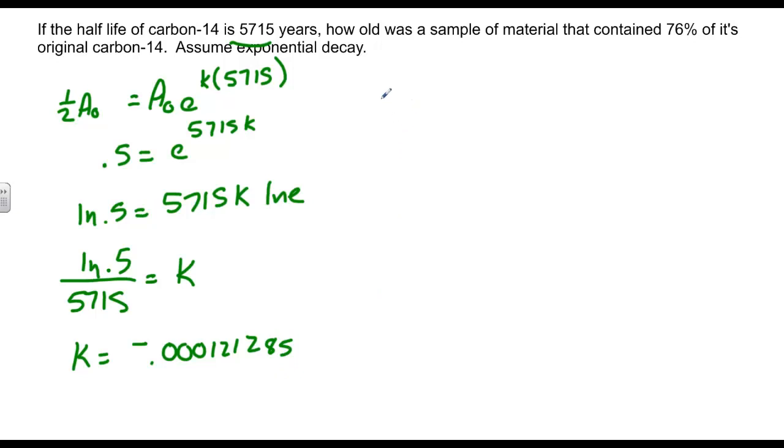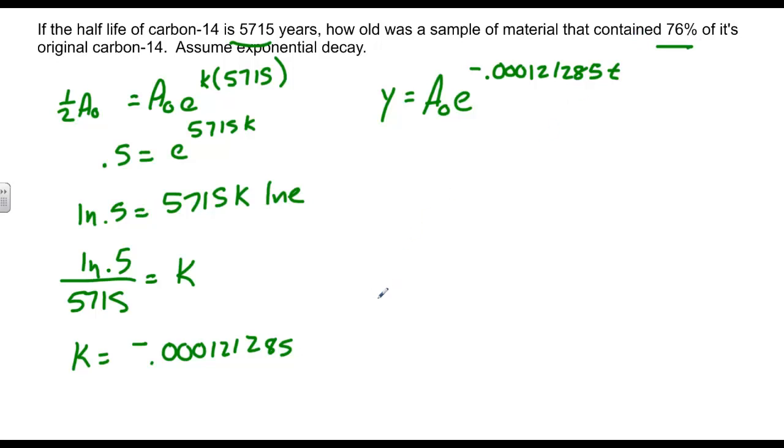So what we have now is y equals, or we could say A equals, I don't care, a sub o e to the negative 0.000121285t. Now in our problem, they tell us that we have this sample that contains 76% of its original